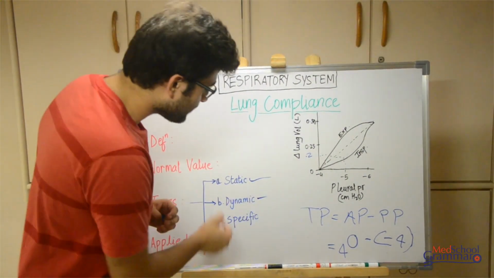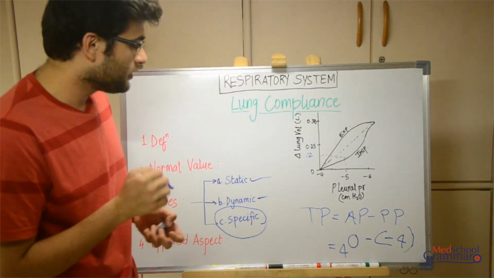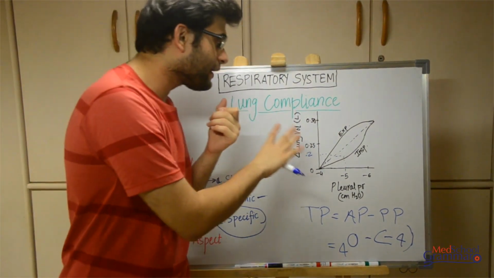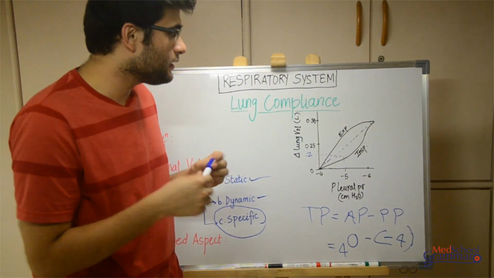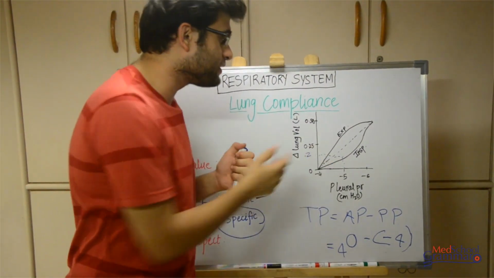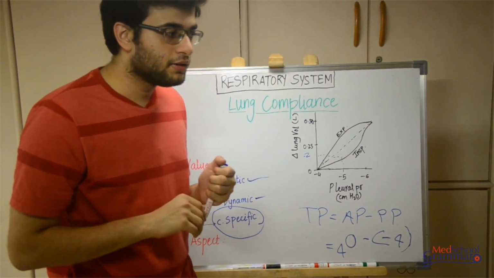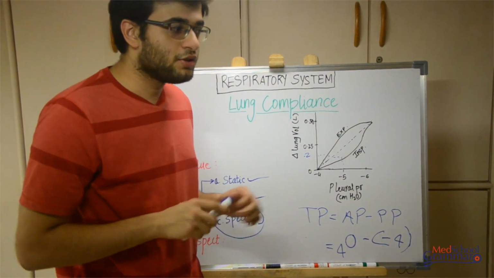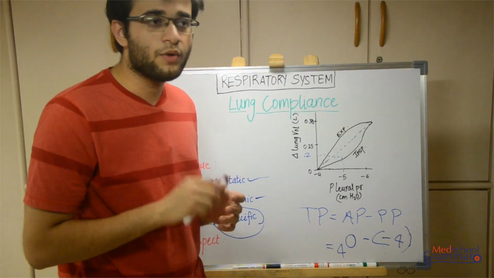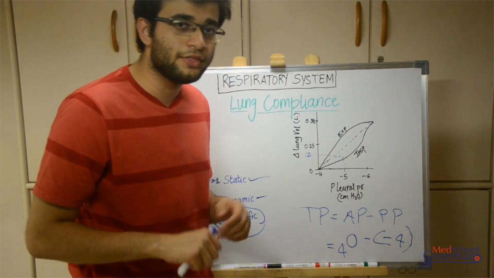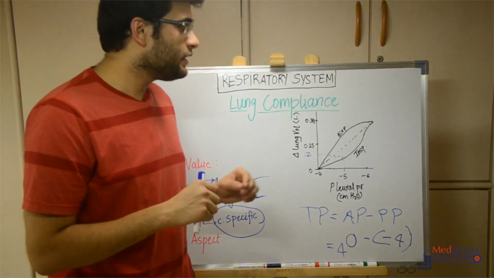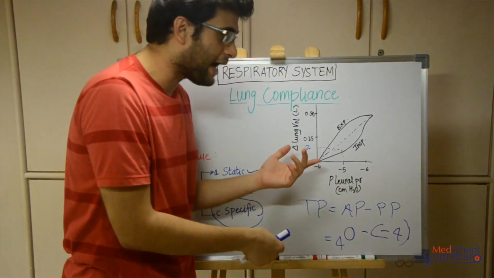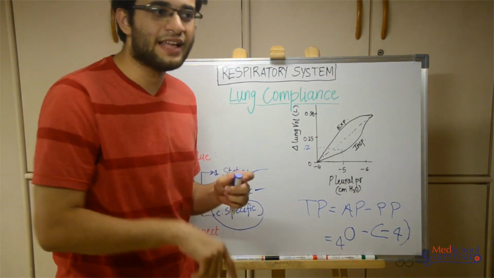Moving to the last part, that is specific lung compliance. This is very important. Why? As I said, lung compliance depends upon the work required to change the volume. For example, there's a child. The child has a smaller lung compared to adults. So the force and pressure differences required would obviously be different, and lesser than in adults. So the compliance that you obtain from the diagram for a child would be less than for adults.